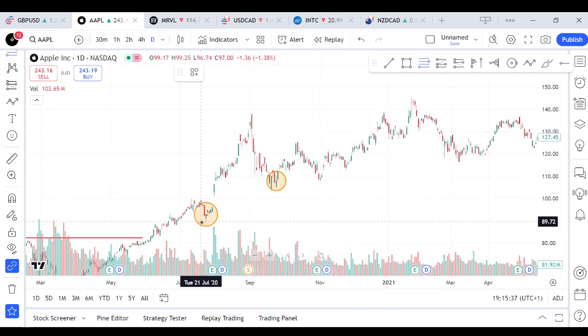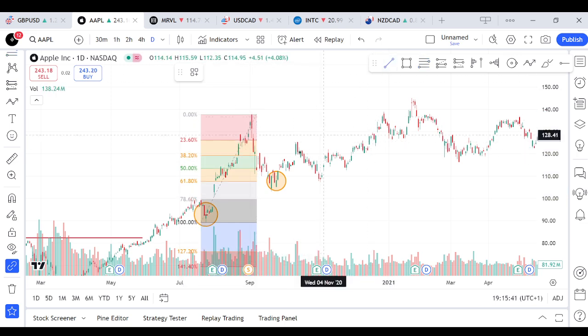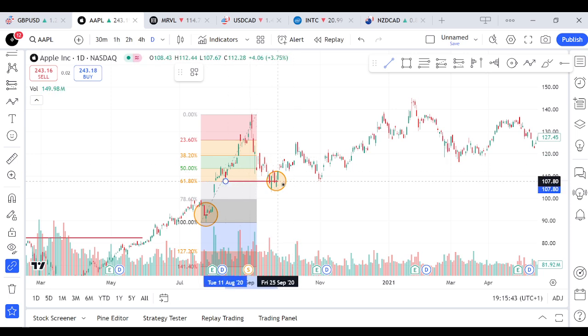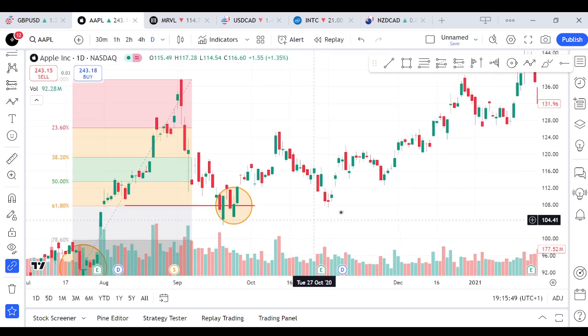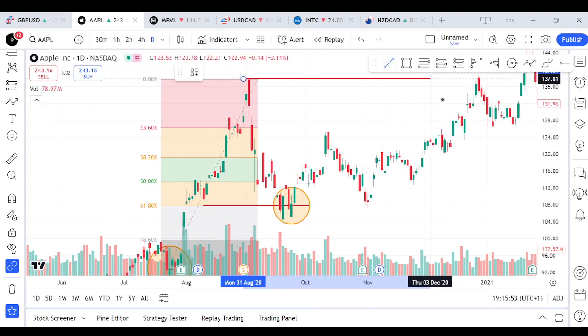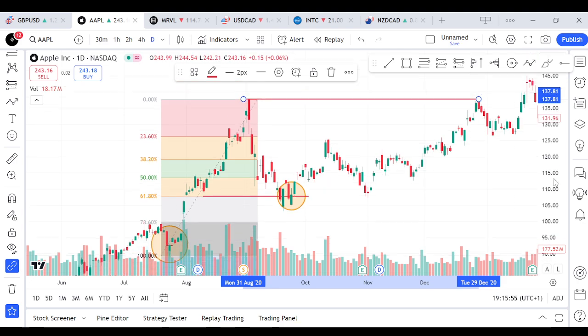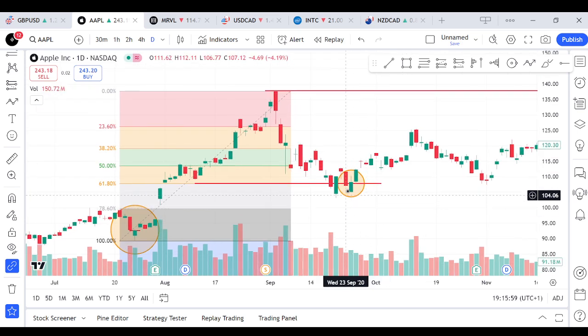If you use the Fibonacci to check this, you're going to see that this falls in line with the 61.8% Fibonacci ratio. So this is a valid area, a valid zone to be looking for buy trades to take out this high and continue the uptrend. So at this support level, we had this bullish counterattack candlestick pattern, which is an indication